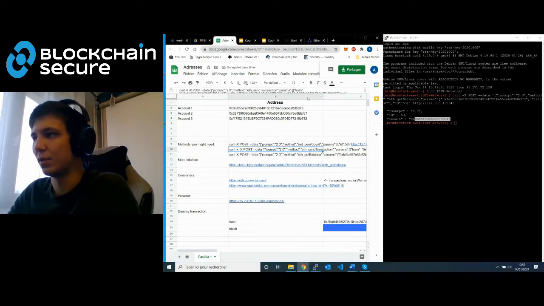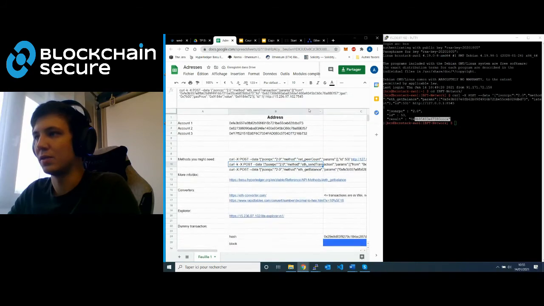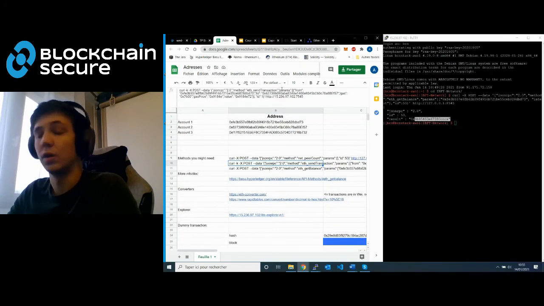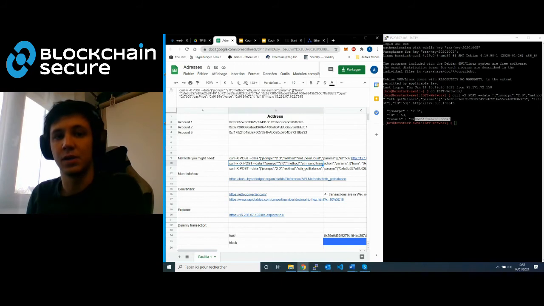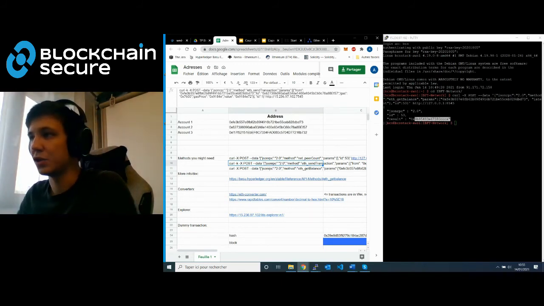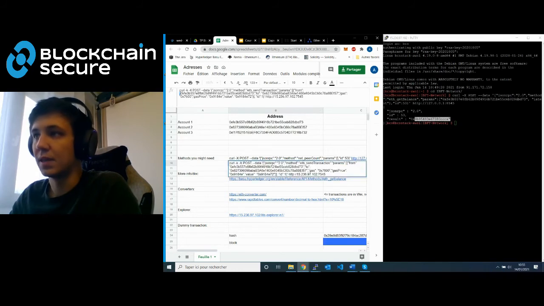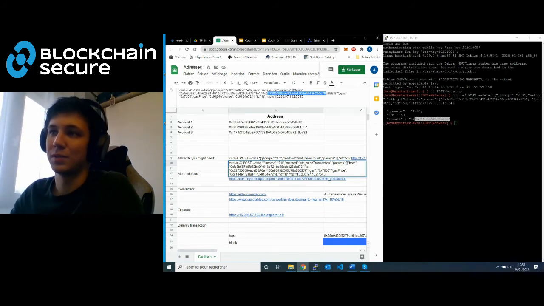So to do that, well, this is what we're going to use. We're going to use send transaction. You can find it inside the documentation, and it's going to show you exactly what the parameters are. But quickly, from is obviously the account that you're coming from. To, I think it's quite self-explanatory. Gas is how much gas you're willing to put in it, and gas price is the price you're willing to